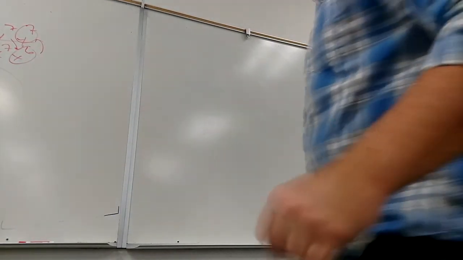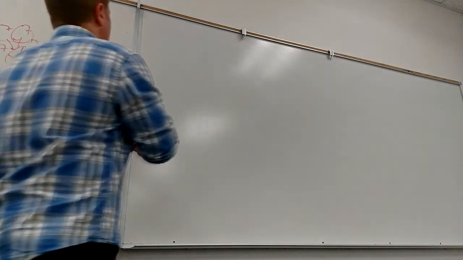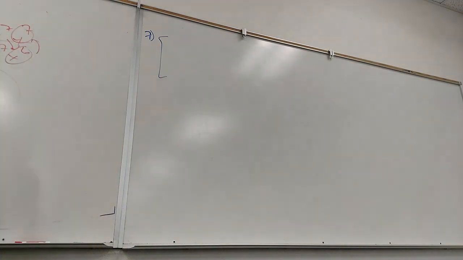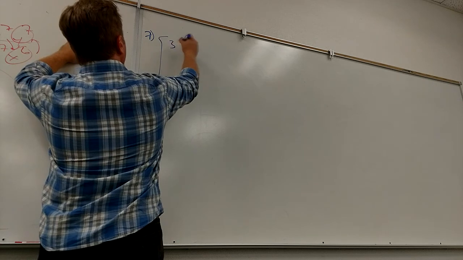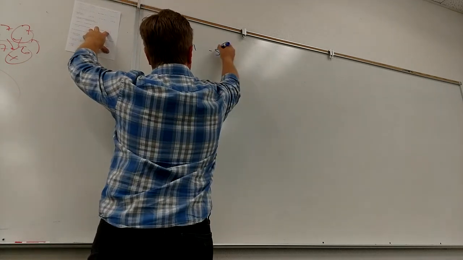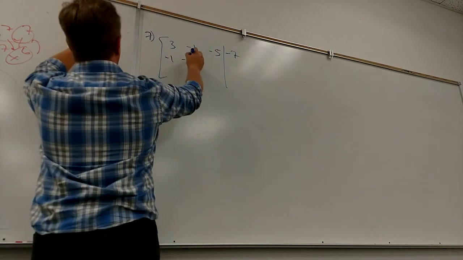Alright, so how do I write, so this is number 7. How do I write that as a matrix? You got just the numbers? Who to what? You got just the numbers? So be specific. 3, negative 1, negative 5, and the line, negative 7. Negative 1, negative 2, 2, 8,